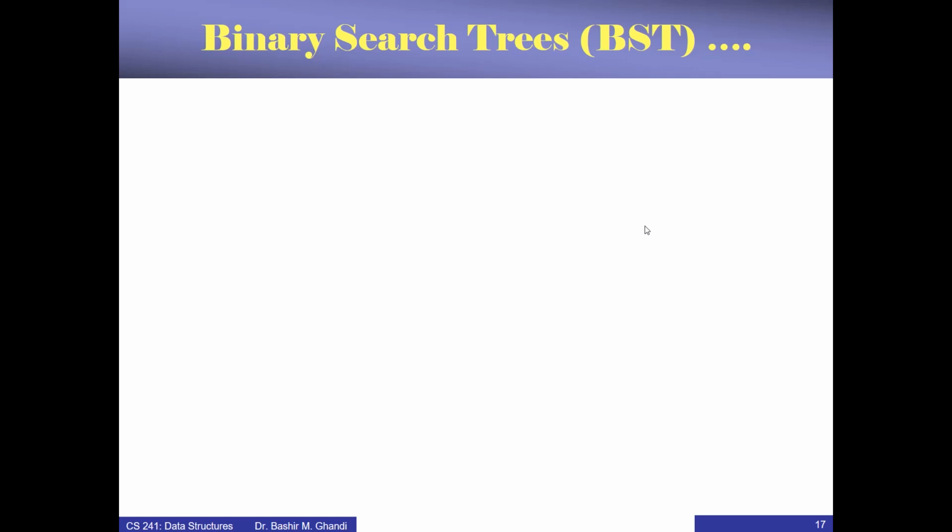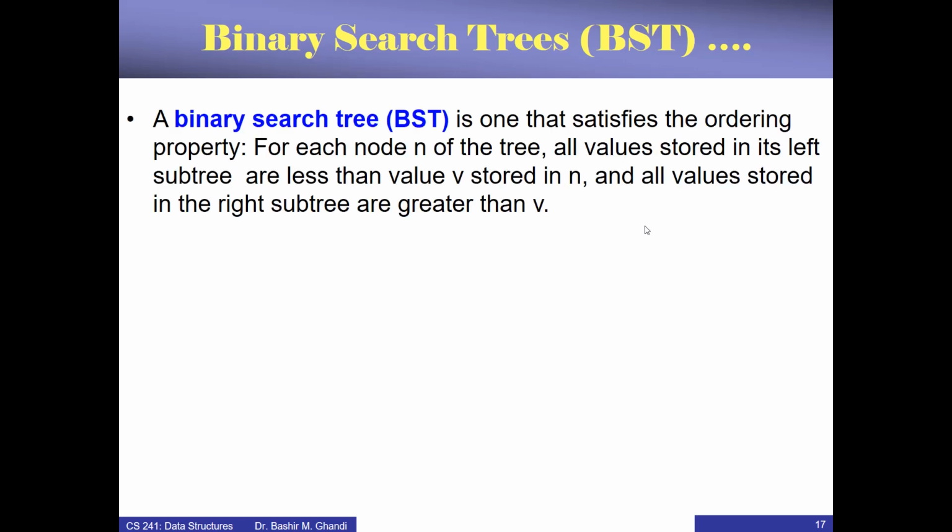Binary search tree is the one actually that is our target, the one we are going to study in detail, all its basic operations, and in fact it's the one that we are going to also implement as Java code. So what is a binary search tree, which sometimes is shortened as BST? A binary search tree is a binary tree, of course, but one that satisfies the following ordering property: